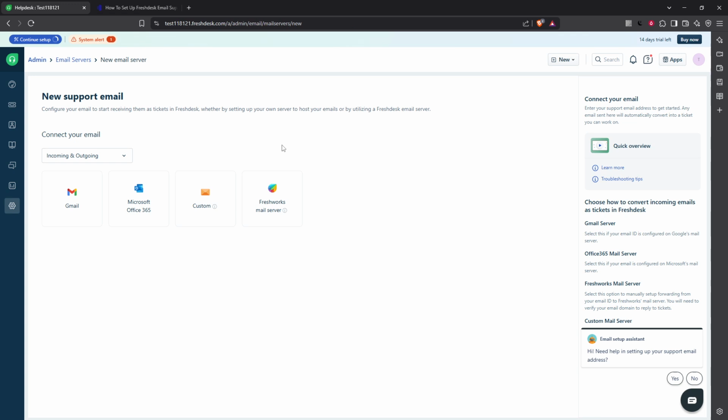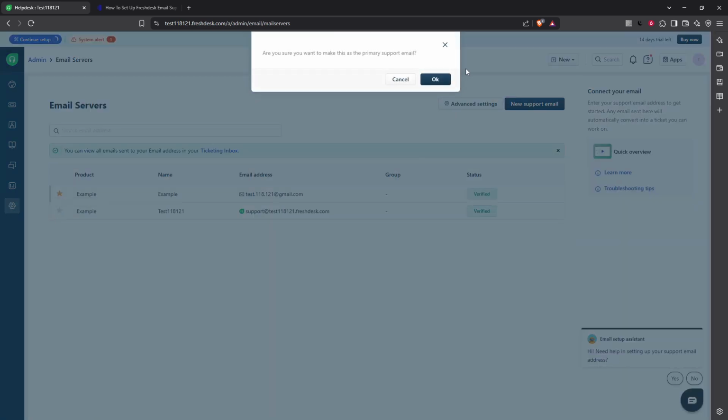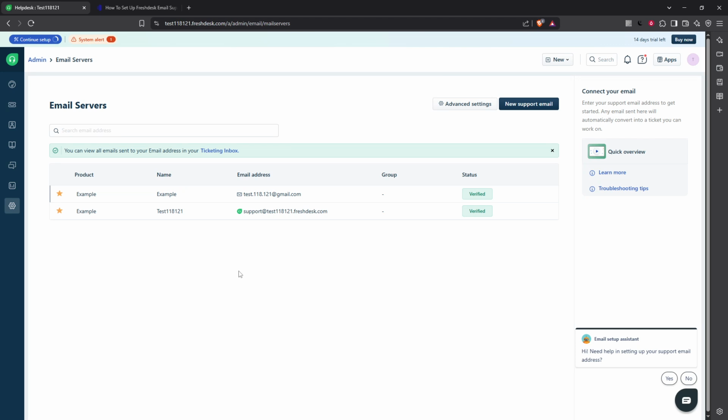But what if you want to use a global primary support email? You can do this by adding yet another support email. Return to admin, go to emails, and add an email that isn't directly linked to any specific product. Once it's added, you can set it as the primary email address by clicking on the star icon next to it. This will get your Freshdesk system to treat that email as the primary point of contact for your support